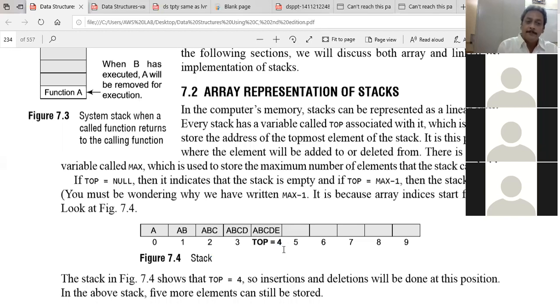Previous explanation in the sense, what kind of operations are we going to perform using stacks? That is parenthesis verification, calculation of arithmetic expressions. While calculating an arithmetic expression, first of all the infix expression is supposed to be converted to a postfix expression.